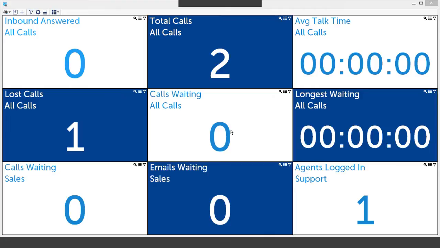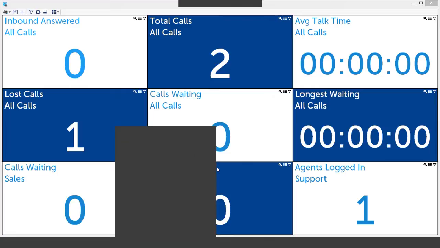on the screen. So things such as how many calls have I got waiting for this particular hunt group or this particular department, how many agents have I got free to be able to take calls, how many are busy. So there's a whole multitude of different stats you can put on there, and it's really, really easy to control. If I just right click anywhere on the screen, I can click on Add Tile,